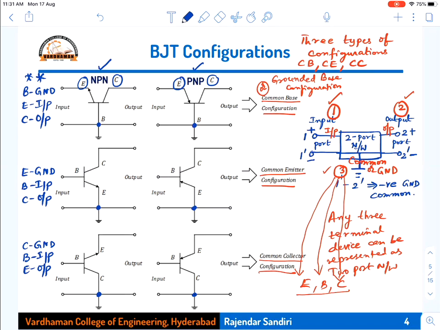Even when we are constructing the amplifiers, whether it is a common emitter amplifier, common base amplifier, or common collector amplifier, in that case you should tell what is ground, what is input, what is output. So these three circuit diagrams and the three configurations, and in each of these three configurations, which is common, which is input, which is output, these three things you have to remember. Okay, next.